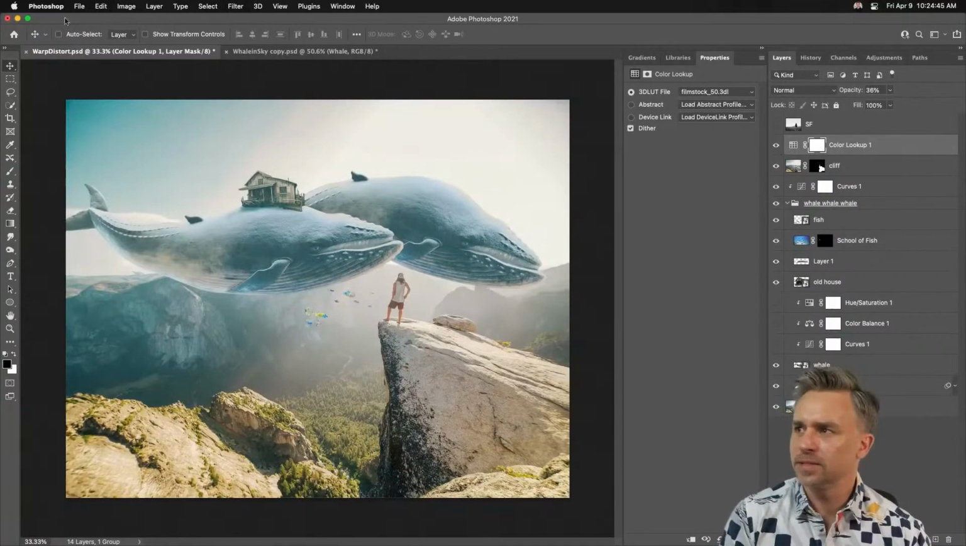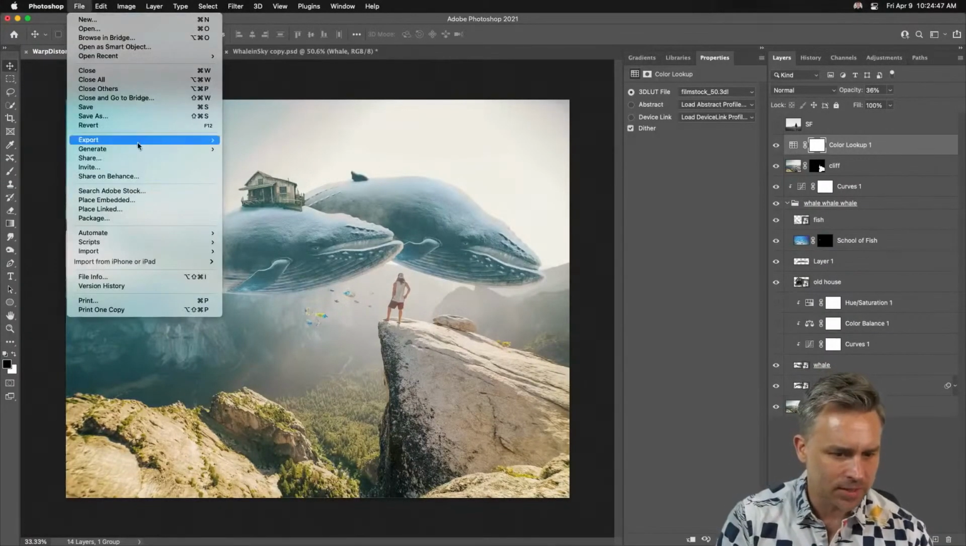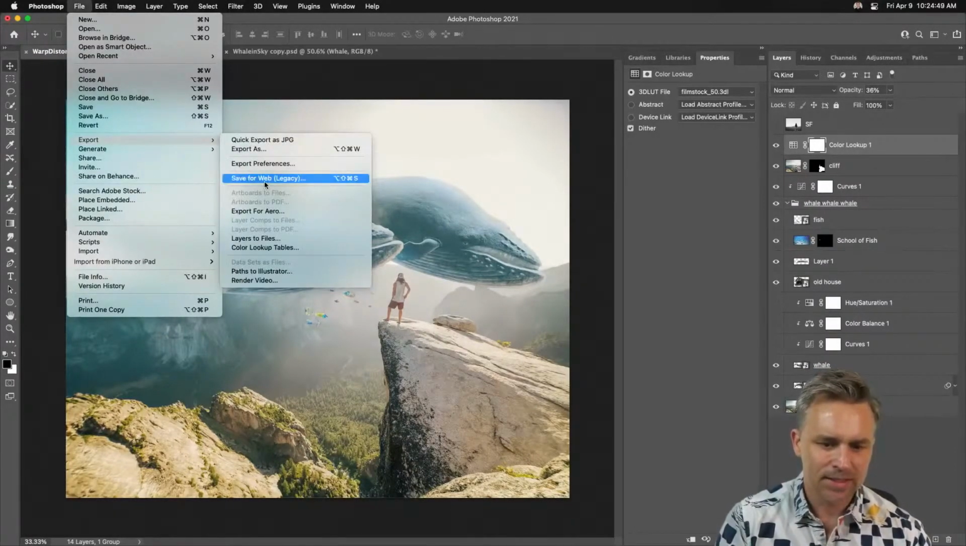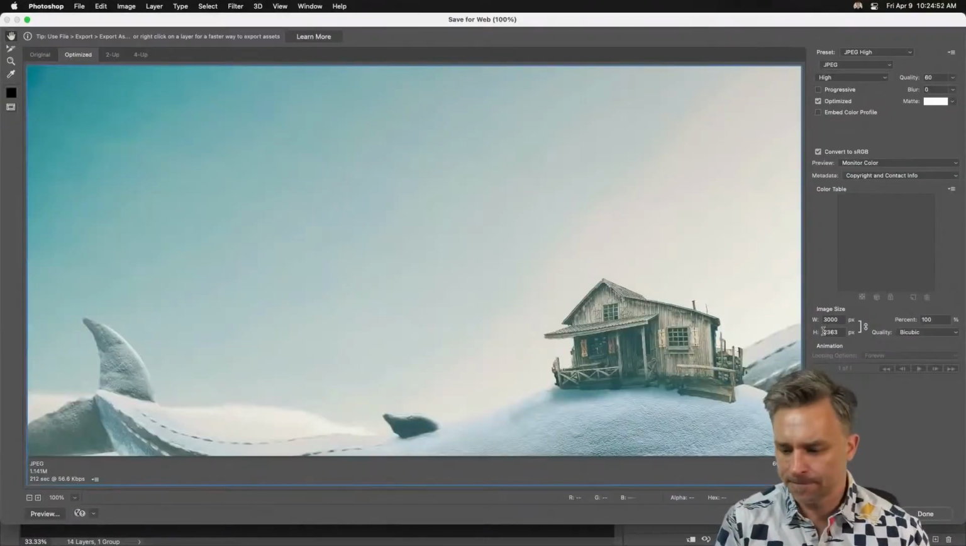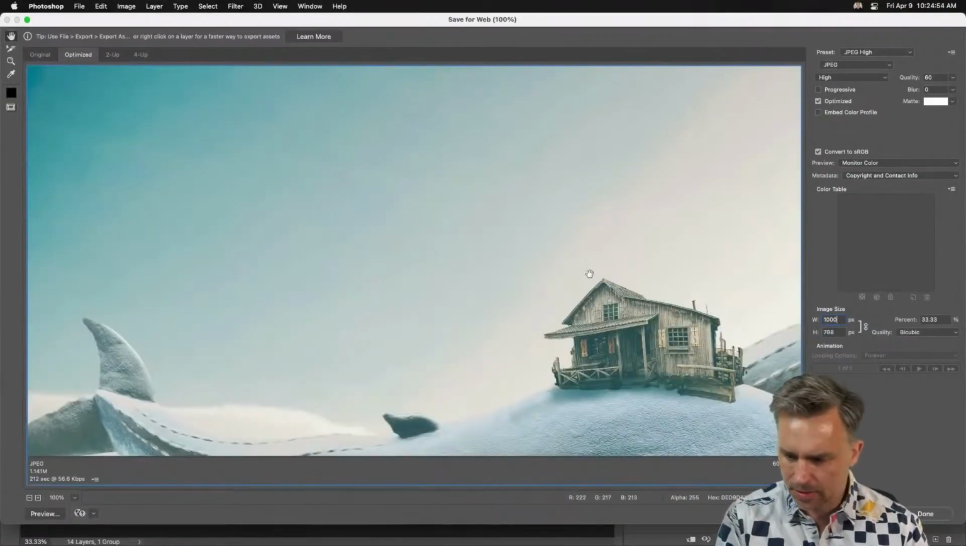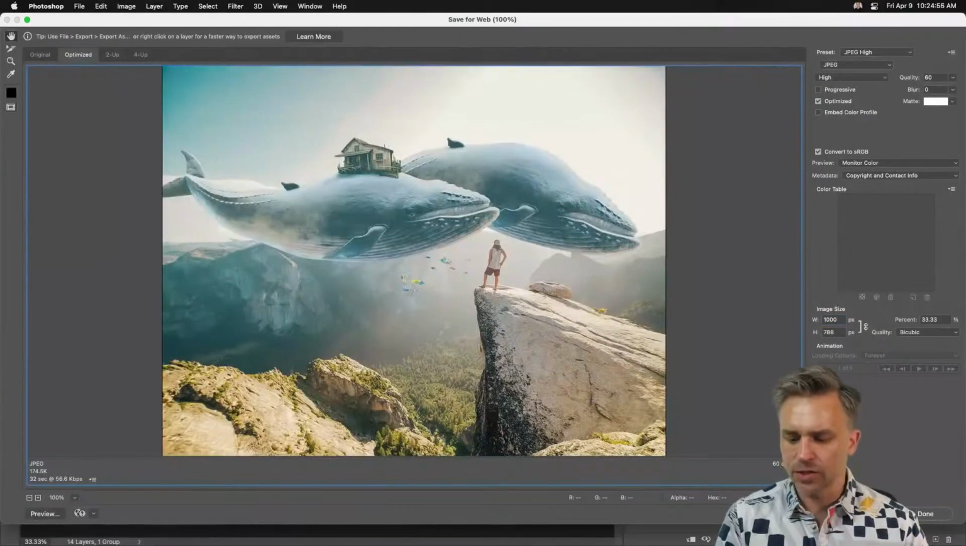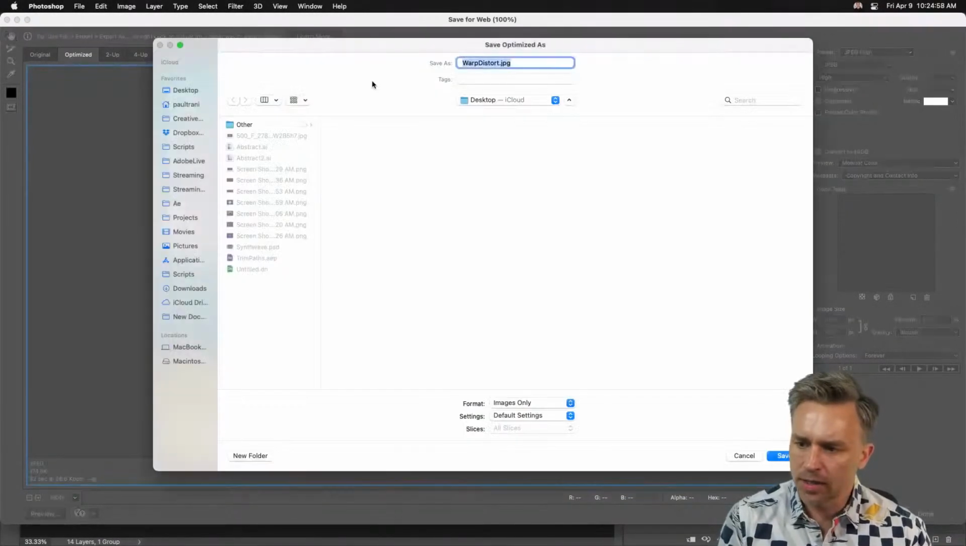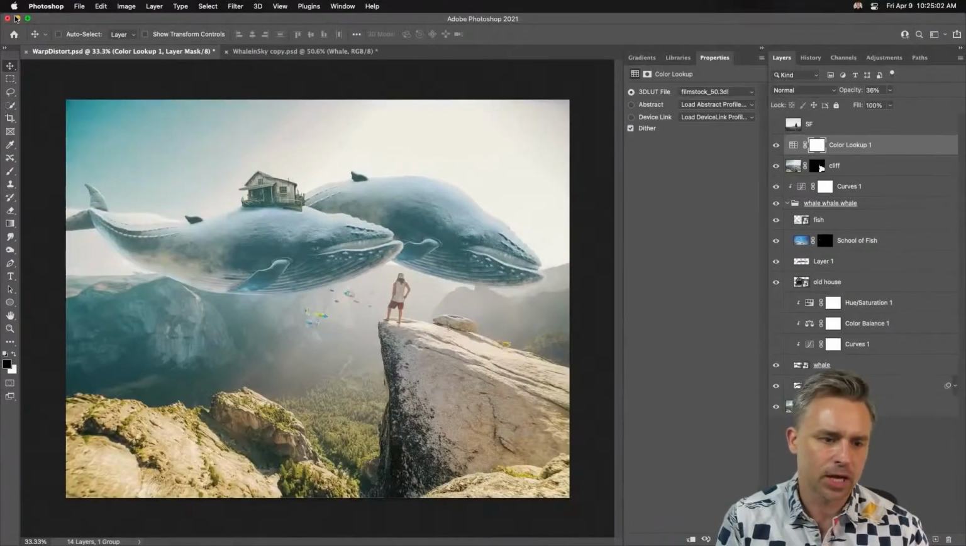Oh yeah, second band hammer. I don't think so. Not today. Save for web. Output this. 1,000 pixels. Make sure you congratulate yourself on another daily creative challenge and our final daily creative challenge